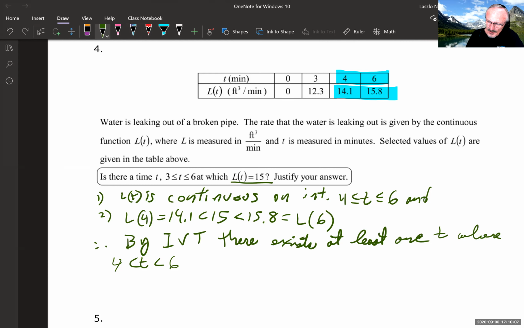Okay, so there exists at least one t where t is between 4 and 6, and you don't have equal to here, such that L of t is equal to 15. Where did the 15 come from? From here, okay? All right, and so at this point in time, we're done with another problem. And if you tried this on your own by pausing the video and now you came back and you got it perfect, well, you celebrate. But even if you didn't get everything right, you celebrate because you're getting feedback and we're learning and getting better,